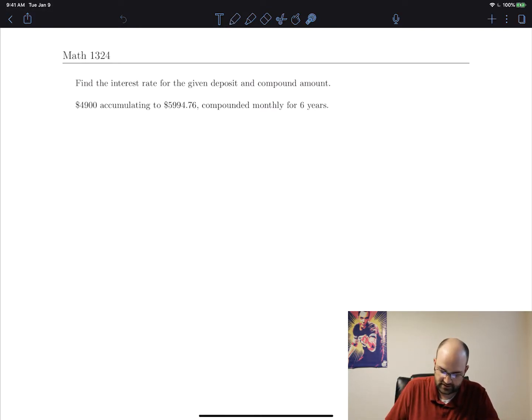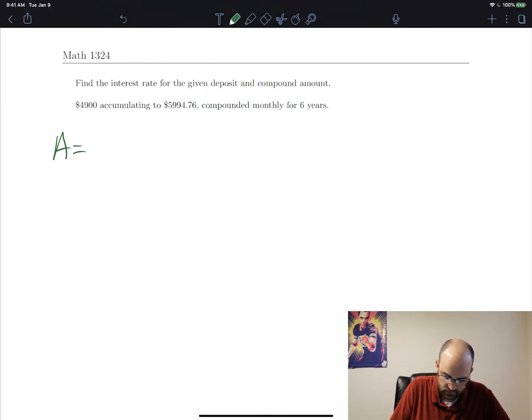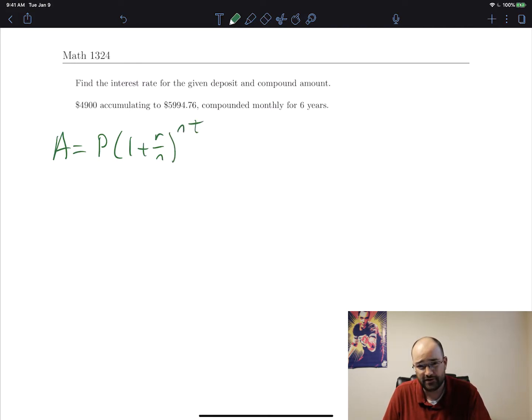Okay, so because it says compounded monthly, that means that we would need to use the compound interest formula. And just a reminder, the compound interest formula is A equals P times (1 plus r over n) to the n times t. And believe it or not, it's actually not all that good to use this one for this question. You'll see why in just a second. Anyway,